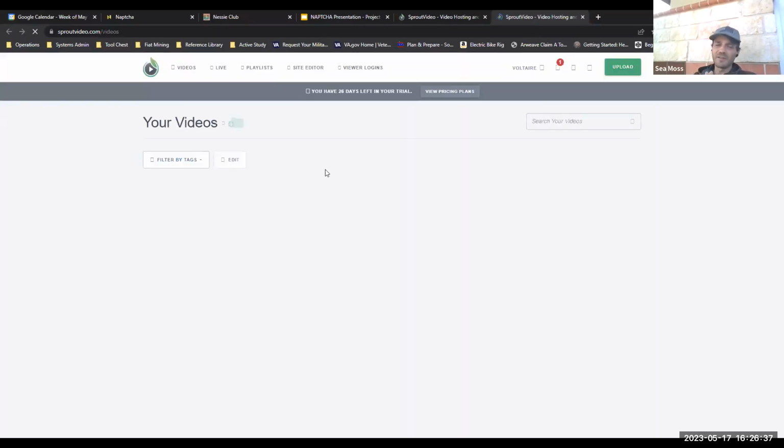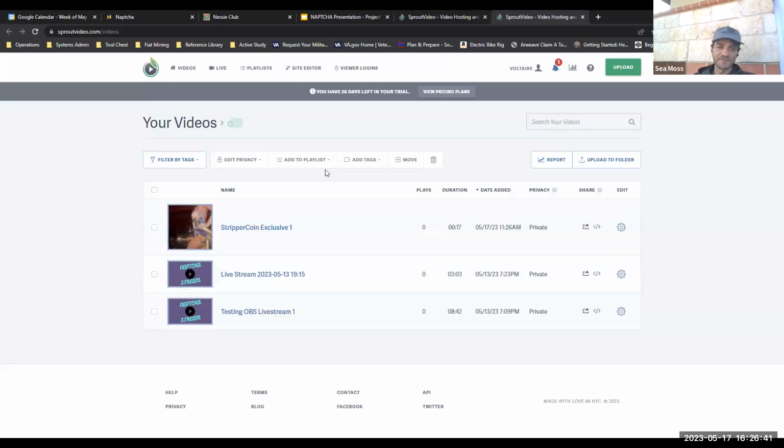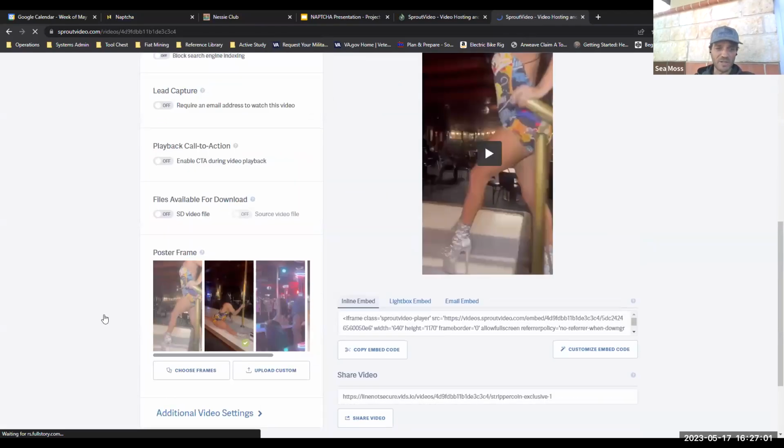So Naptcha is not a video streaming service. It's a connector, right? It's meant to connect the Web 2 and Web 3 worlds. Anything a computer can do, now contingent upon whether a person has the correct NFT and is at the correct page. You can do the exact same thing with a YouTube payload, but I really like Sprout because